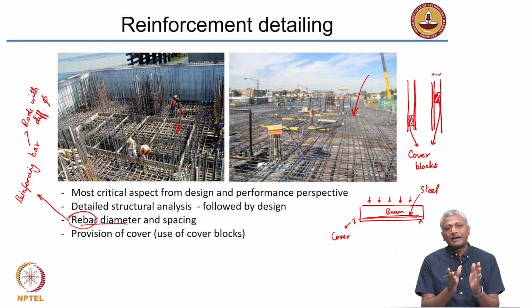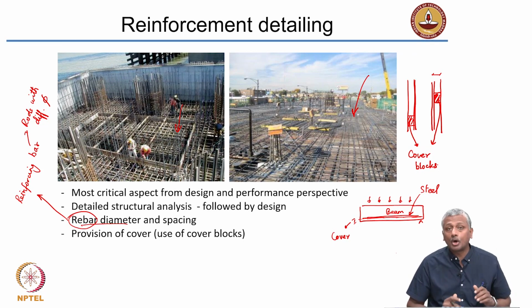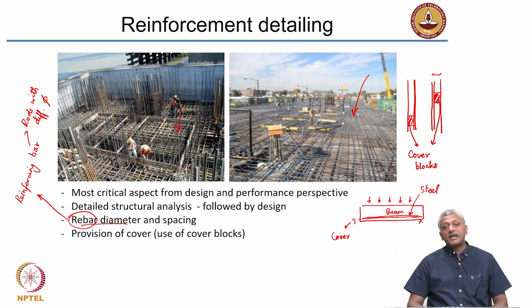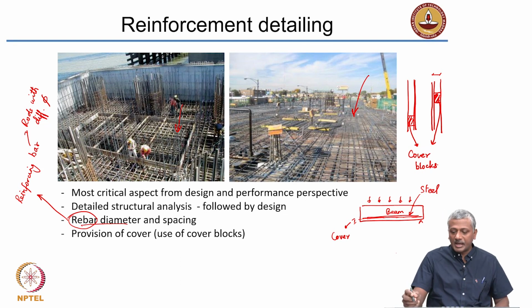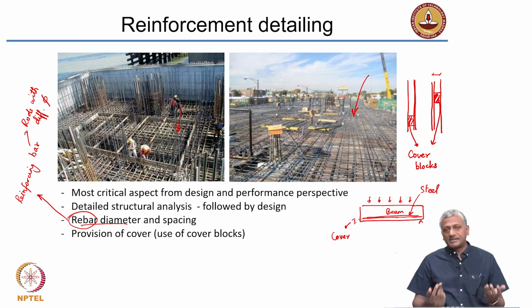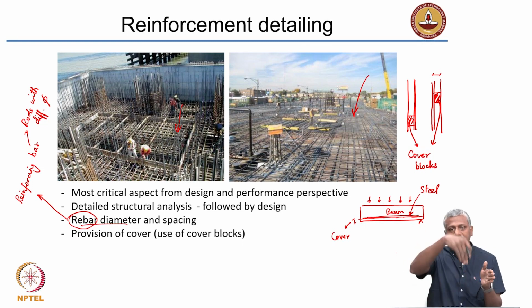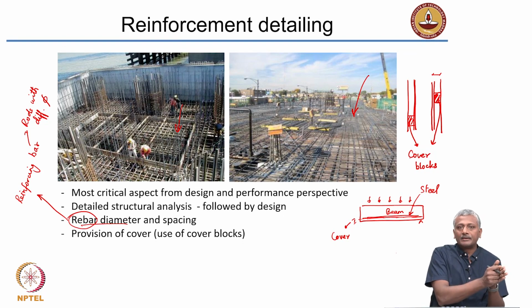That's called the cover, and that cover in most marine conditions, for example, for structures like columns which are standing in seawater, could be as much as 75 millimeters. Okay. So, how do we exactly provide 75 millimeters? We have these blocks which are either made of plastic or they can be made of cementitious material like mortar or concrete of the same strength as the concrete in the structure, and those are tied to the steel reinforcement and kept in place between the formwork and the reinforcement, so that when the concrete is poured, the steel reinforcement will be kept in place and will not go towards the corners.